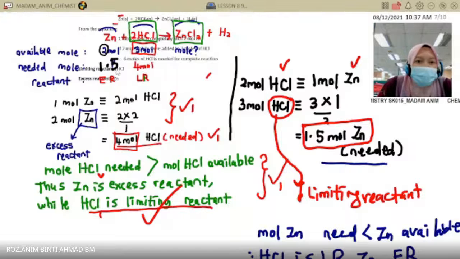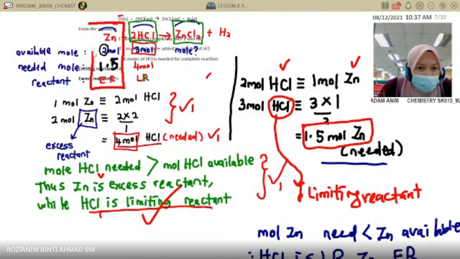Excess reactant. So maksudnya kalau soalan tu kata berapakah mol baki yang masih tinggal, mata kita hanya tengok dekat excess reactant sahaja. So macam mana nak dapat baki mol? Maksudnya masih tinggal. Available tolak needed. So baki dia tinggal berapa? 0.5